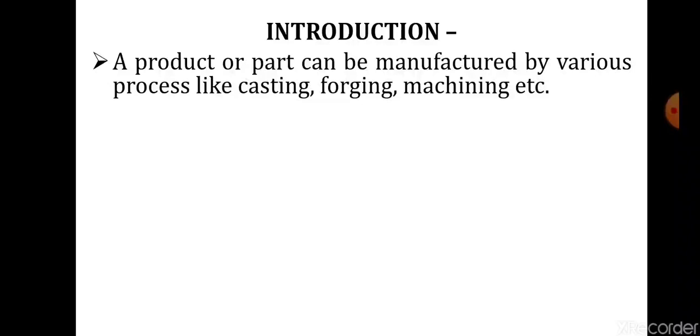Similarly, we have another process that is called forging. So you must have seen this kind of a process. Forging means you will heat the metal to red hot state. We will not melt the metal here. We are only heating the metal to its plastic deformation state, that is not crossing its melting temperature but slightly below that. So when the metal becomes red hot, it softens and then we apply pressure with the help of hammers and we give the shape of the final product.